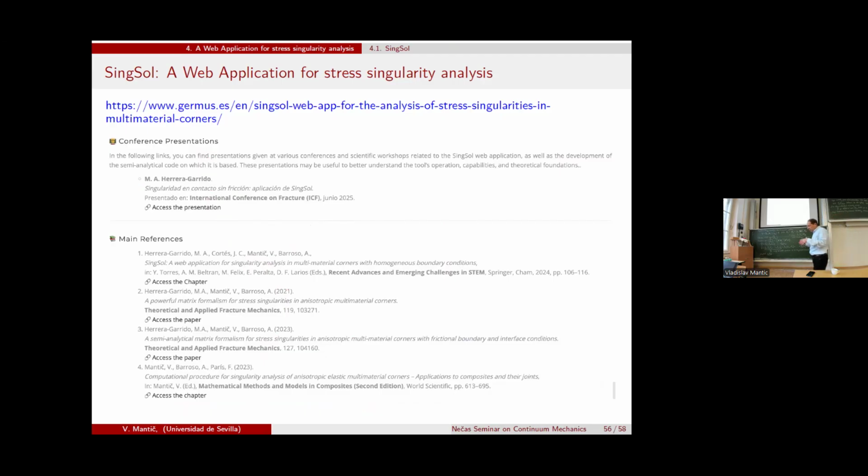This online application is described, and also works where the theoretical background and the test studies were published. We have carried out about 1,000 tests, compared with almost all problems solved in the literature, about different problems with different numbers of materials, boundary conditions, and interface conditions, and we obtain